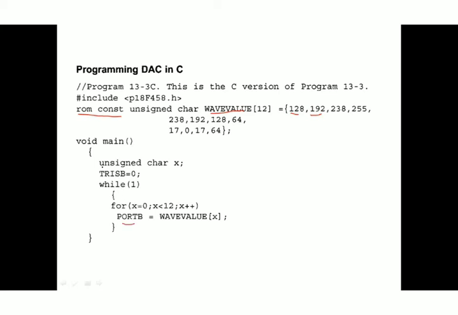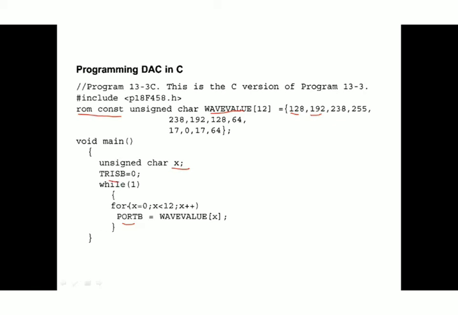You can see in this main program what they are doing. They are taking one temporary variable, character X, for counting the steps. There are 12 values in that array. In order to send all the 12 values to port B, they are using X as a counter. They are making port B an output port because we are connecting that digital to analog converter to the PIC microcontroller output port B. So TRISB is initialized to 0.